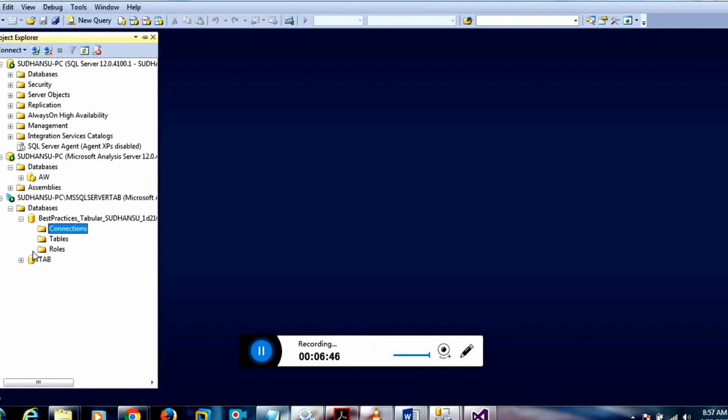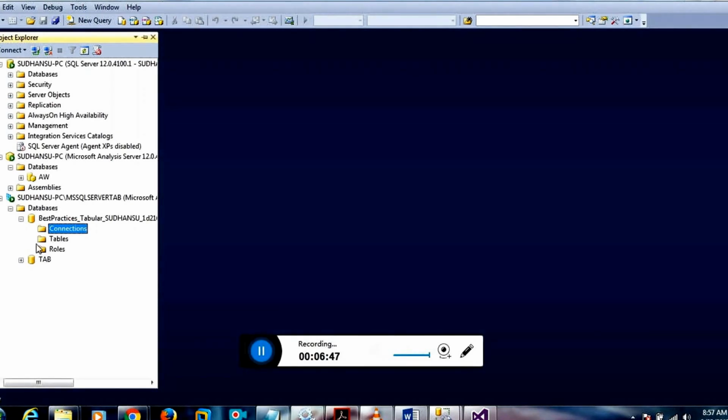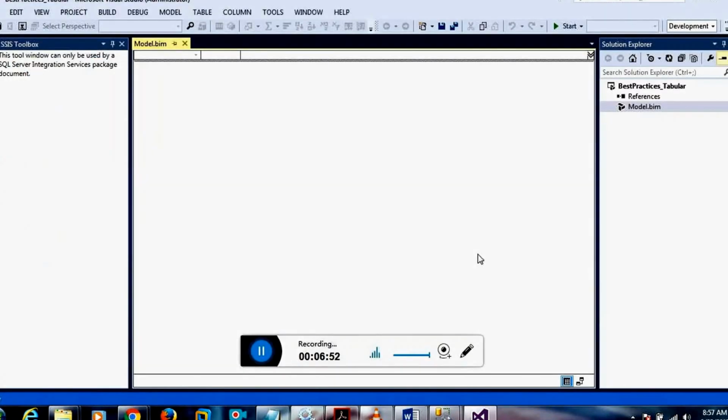Now you just go to your SQL Server data tools, go to your tabular project. Now what we have to do is connect to our data source, and decide what tables you want to import into this tabular model from your data source.